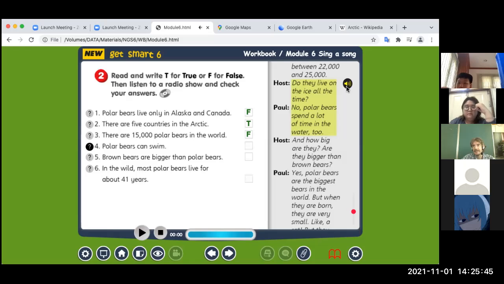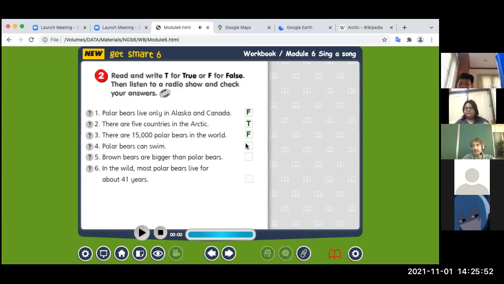Do they live on the ice all the time? No, polar bears spend a lot of time in the water, too. Okay, they spend a lot of time in the water, so they probably can swim. They can swim. Okay, and the next question is: